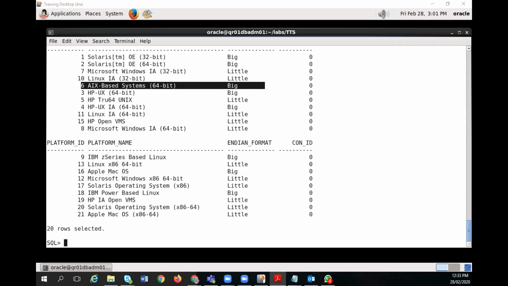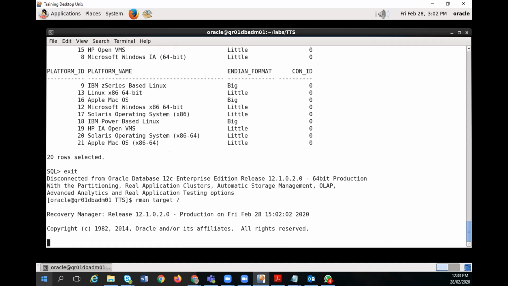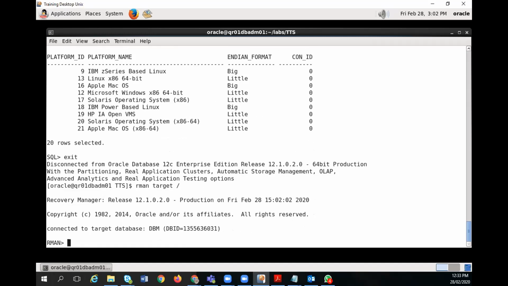Now let me exit from here and connect to RMAN. So we are using the transportable... file... number 11 and the number 200.